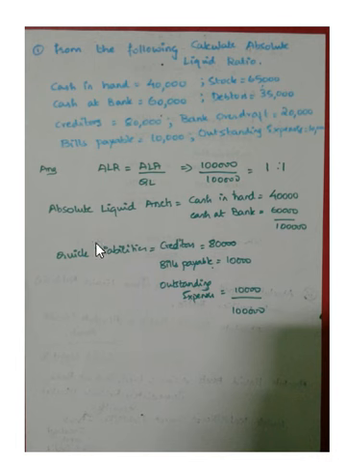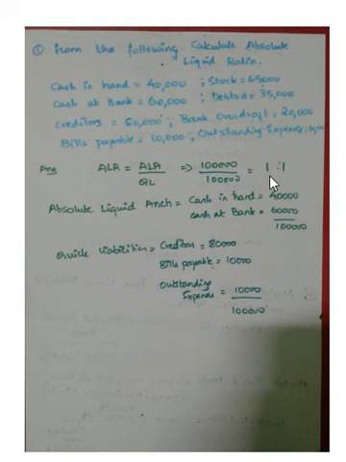So what all do we consider for quick liabilities? The liabilities which need to be settled immediately, like your current liabilities, except the bank overdraft and cash credit. So you consider the creditors, which is 80,000, bills payable 10,000, outstanding expenses 10,000. So total you get 1 lakh. So 1 lakh divided by 1 lakh is 1:1.